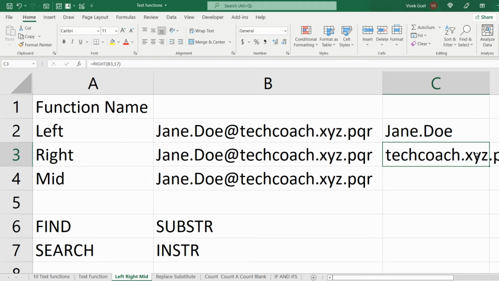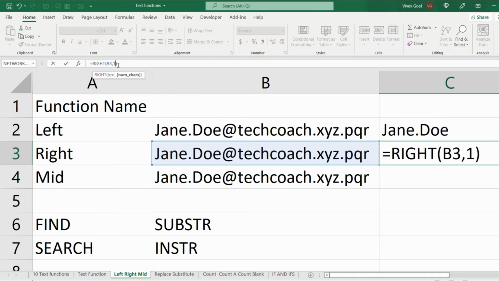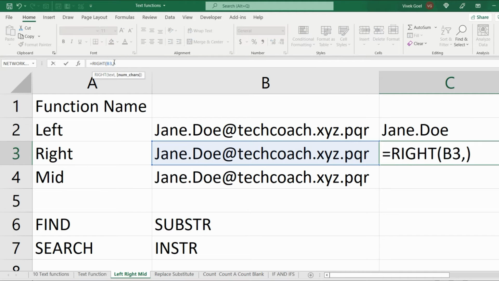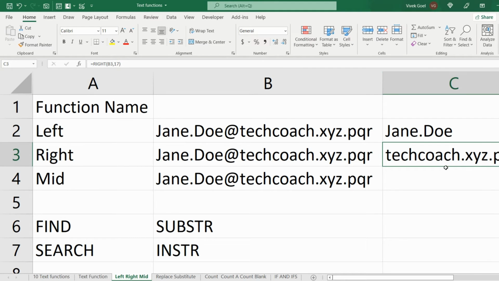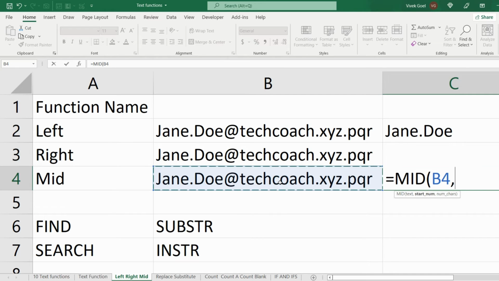And we get our desired result. If we specify 3 instead of 17, it will return pqr, and if we specify 7, it will return xyz.pqr.